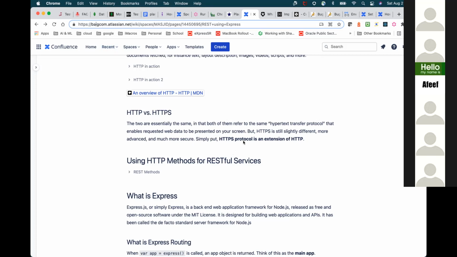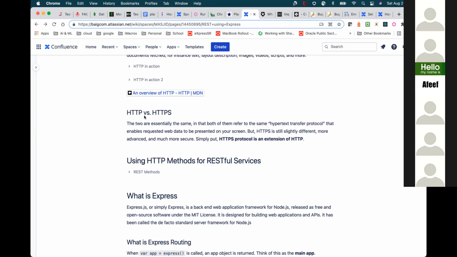What that means is that when the data transmission is happening between the server and the client, it is encrypted in some form, so that hackers cannot access that information. Because a lot of these requests have data like your personal information, including your date of birth, social security number, or other information which cannot go to people where it shouldn't.